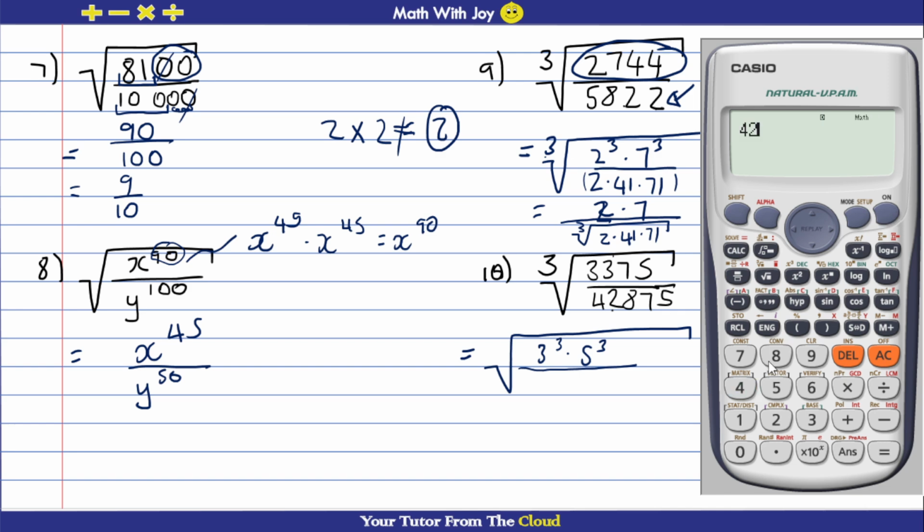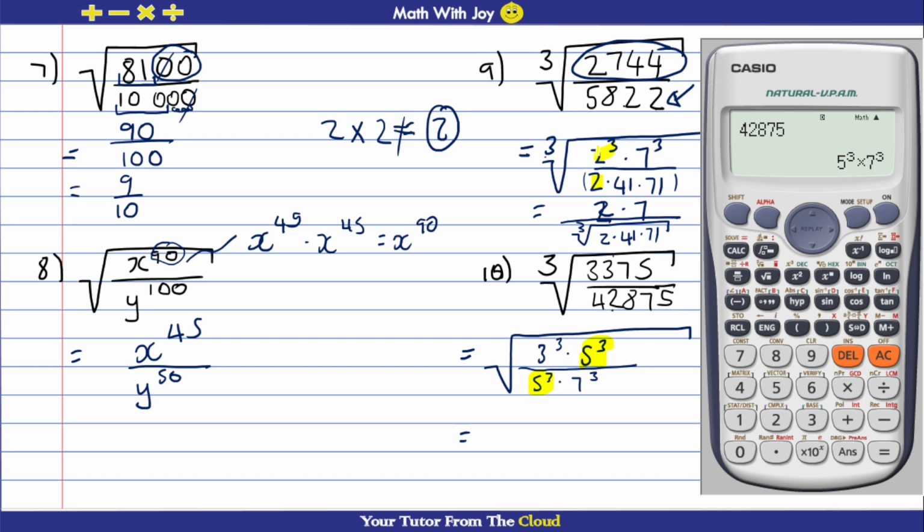So you write 42875 equals, and then you say shift, and then it becomes 5 to the power of 3 times 7 to the power of 3. Now I want to shift your attention to this. These guys are actually the same, and we had ones that are the same there, but I wanted to do something different here. So because this and this, okay,